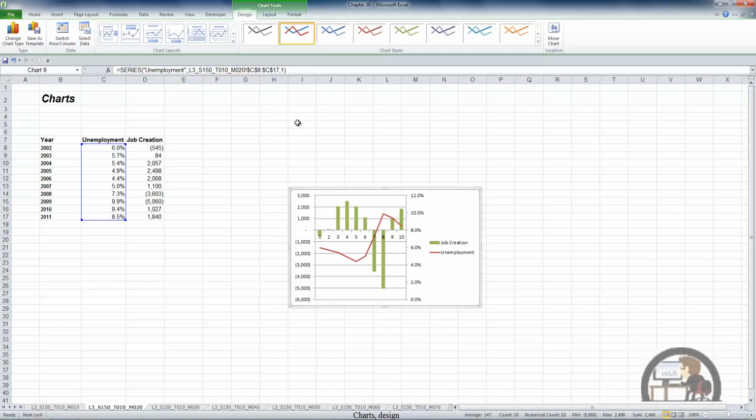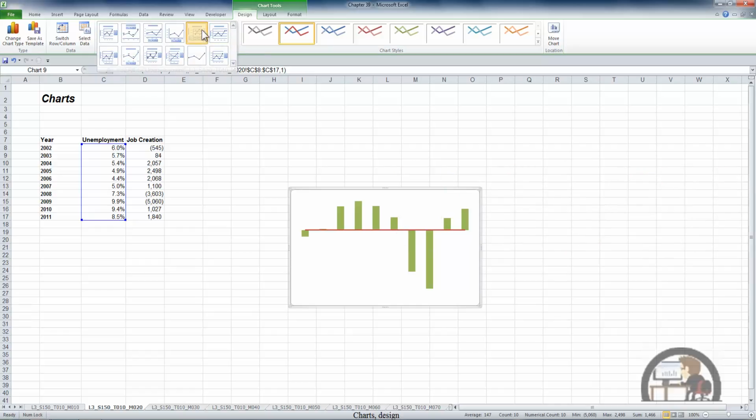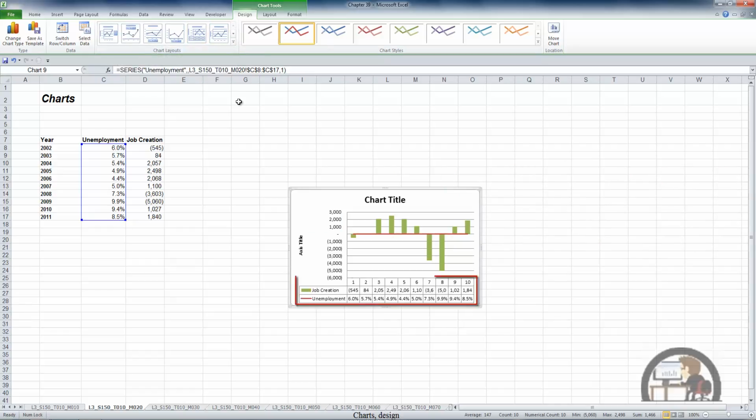The next group on the Design tab is the Chart Layouts group. We can page through the options. There's only 2 rows of options in this case. These chart layouts will include different configurations of elements of the charts, including chart titles, legends, horizontal grid lines, data tables, axis titles, and so on. The minimalist version of this would be that, where you have none of those other identifying elements. And the other extreme may be this option, which includes a data table that lists the data that makes up